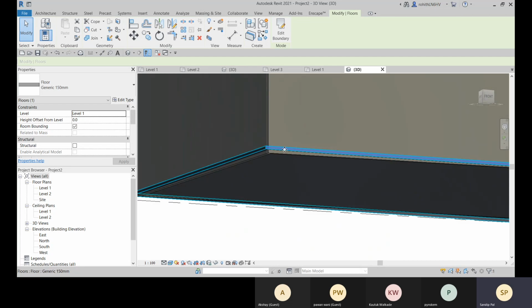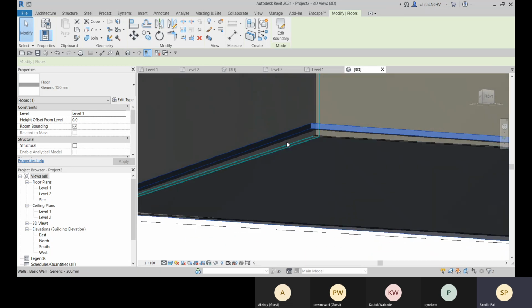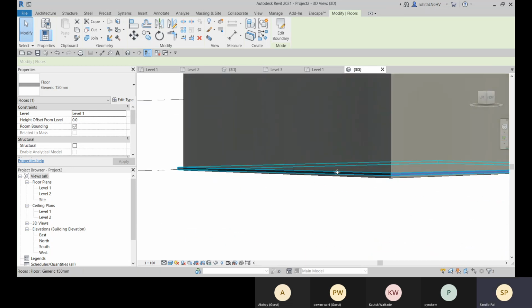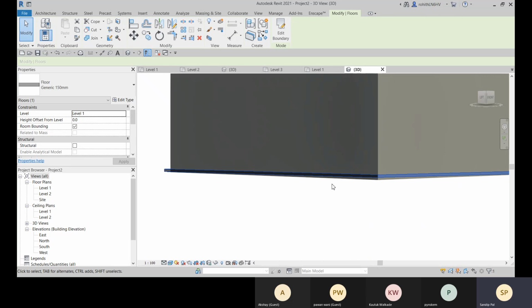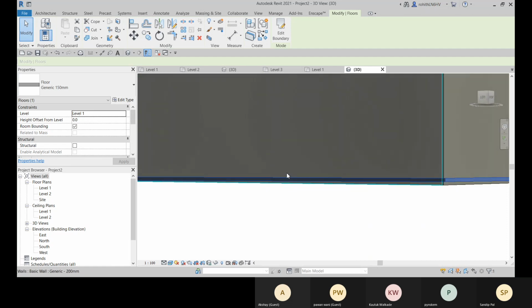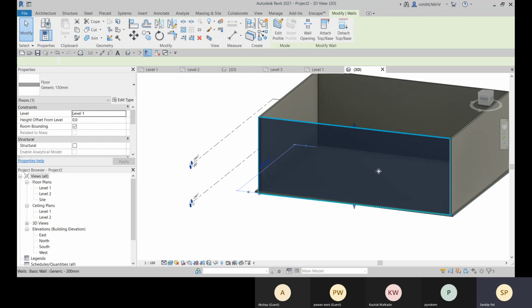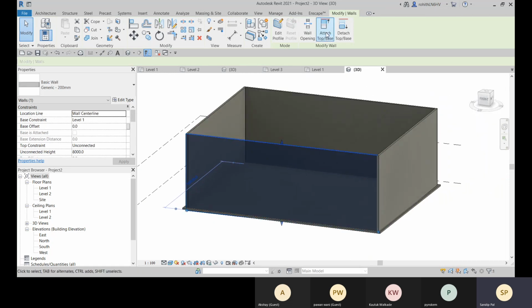Now, if I create the floor like this with a slope, my walls should start from the top surface of my floor, right? So how can I make my wall's bottom end follow this floor? For that, we have this attach top or base option. Just select all these walls.